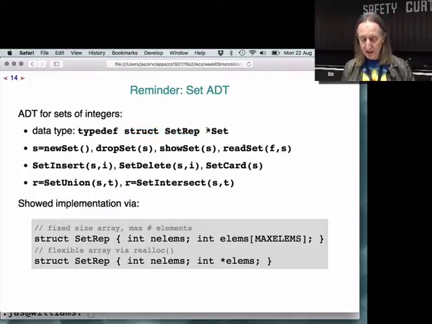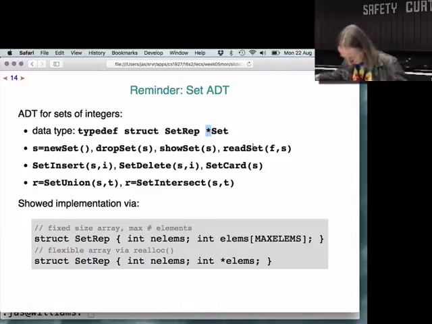All they see is this pointer. So clients for the ADT just see that, they can't look at the internals. The operations: you can create a new set object, initially empty. You can free up the space allocated to a set object, display it, or fill up a set from numbers